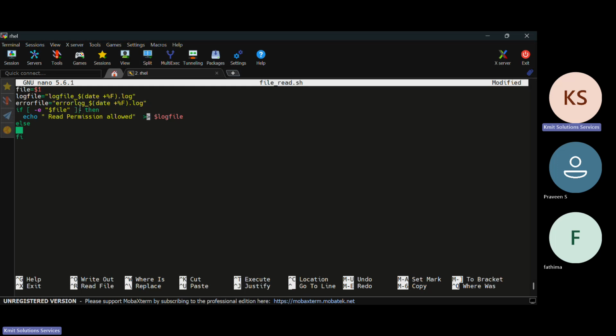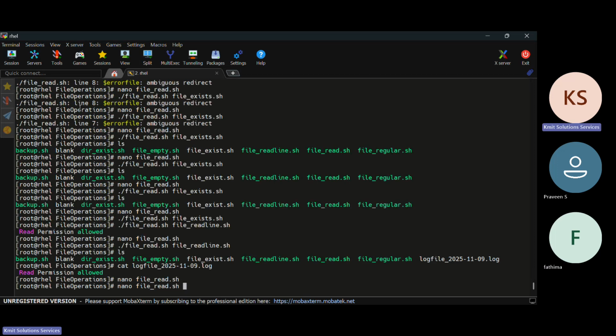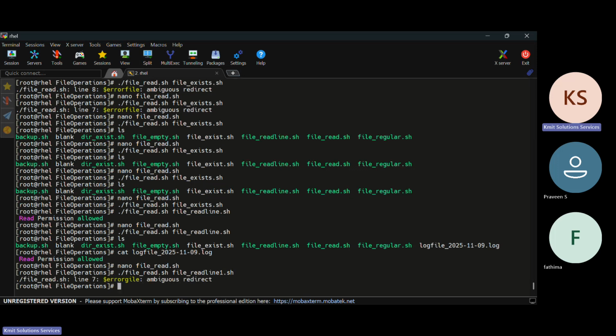Okay. So because we were putting $3, it was expecting a third parameter, but we were not having that. So if I say echo and something error, some error you can put, and I will put it under dollar error file. So now if I give a file name, say readline one,